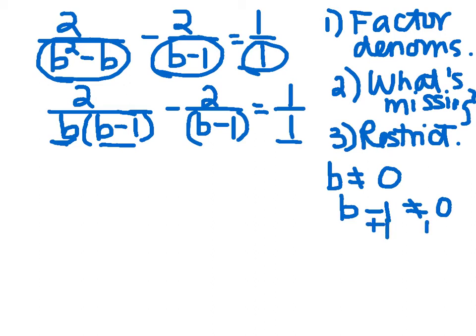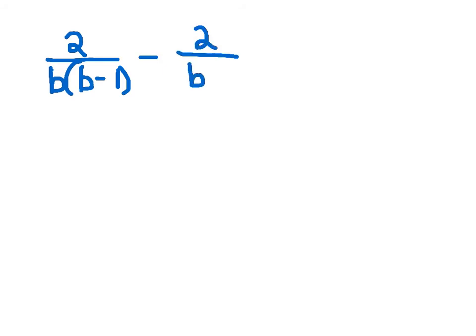So the only thing we have to solve in this little restriction thing is to say that b can't be 1. So these are our two restrictions. B cannot equal 0, and b cannot equal 1. Well, now we need to multiply by the LCD. I'm a little bit out of room to show this. So where we were was 2 over b times b minus 1 minus 2 over b minus 1